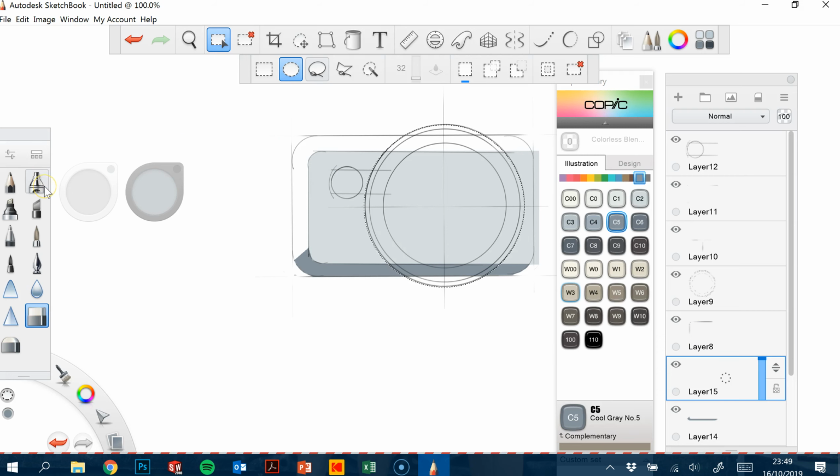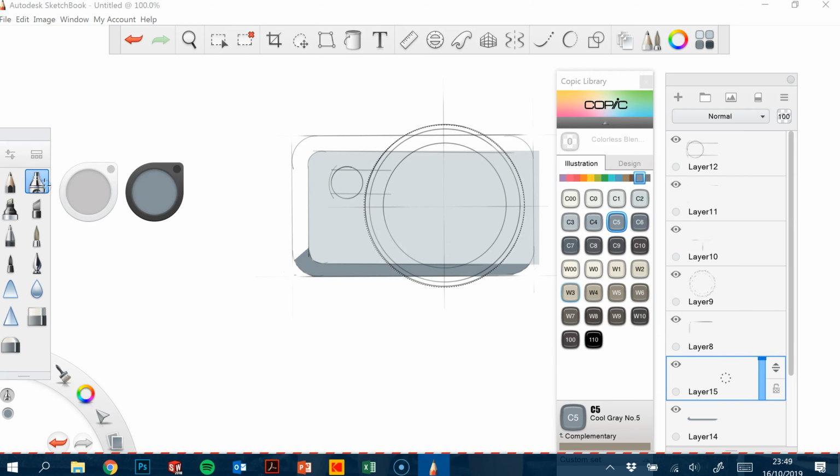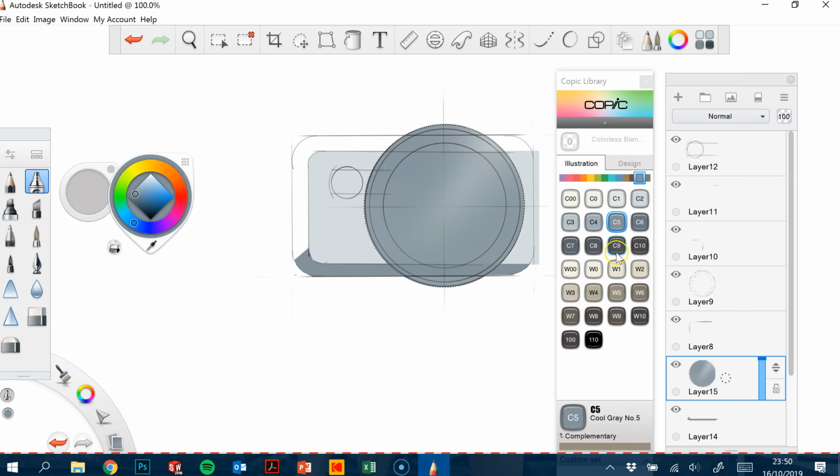What I'm going to do this time is I'm just going to try something different, and let's use the airbrush this time. Okay, so on my new layer I'm going to start airbrushing in this area here. Okay, and we need to think again about our light and our shadow. So if we think that our light source is coming from this top corner over here, it's probably going to be a lot darker down this bottom area here. So what I might do is grab maybe a C8 or something. I might go quite dark in this bottom corner here with my highlights,